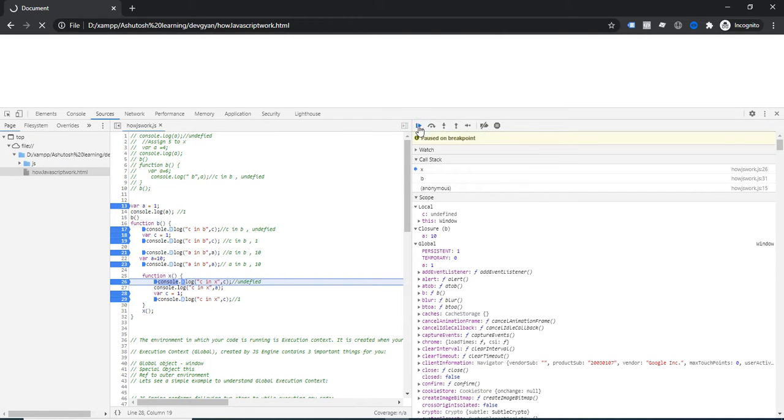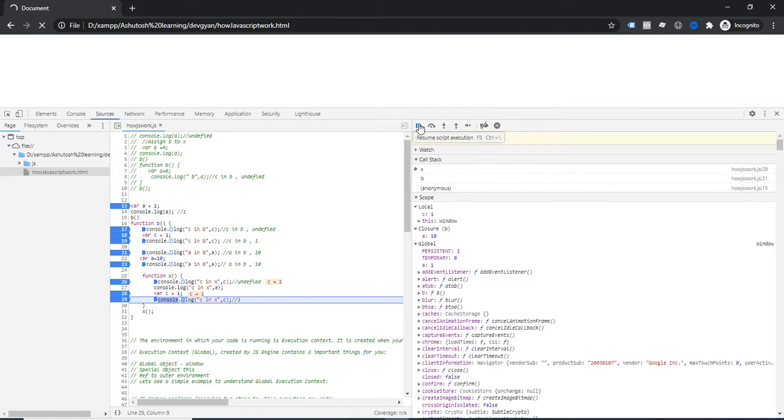So again I am resuming the execution, and you can notice that at line number 28, where we have stopped, the value of A is 10 and C is still undefined. And if you resume once again, then you can notice that C is changed from undefined to 1, and A is already 10, which comes from its parent.